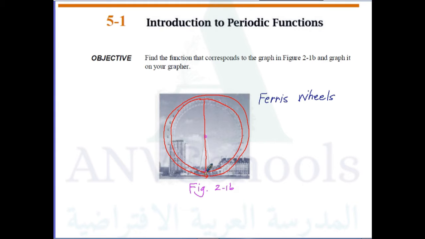Now that one rotation, or going back to the same position, is what we call a period. So it's one period. If you go from A and then you travel again to A, that is one period. But this Ferris wheel does not stop there. It continues going on and on, rotating and rotating